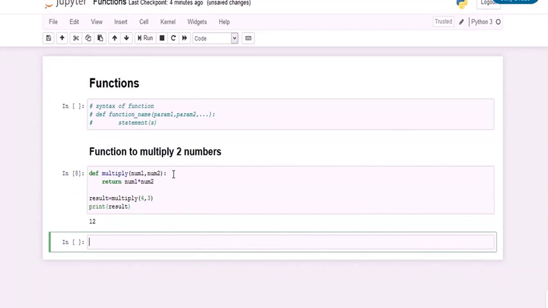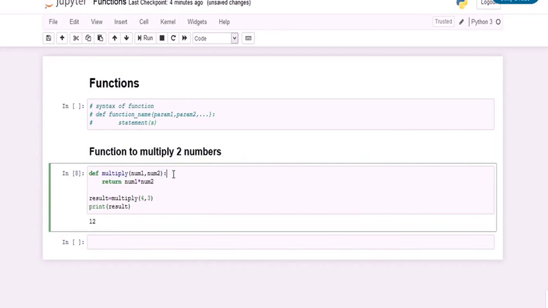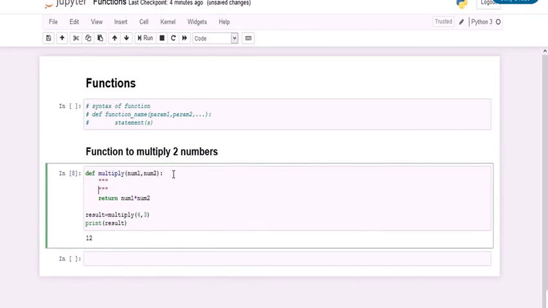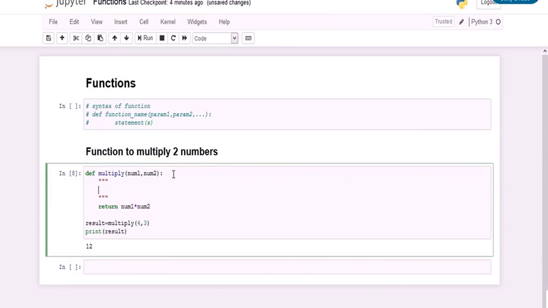Now just like we add comments to our code, we can also do so for our function. In this case, it is called docstring. The first string after the function header is called the docstring and is short for documentation string. It is briefly used to explain what a function does.